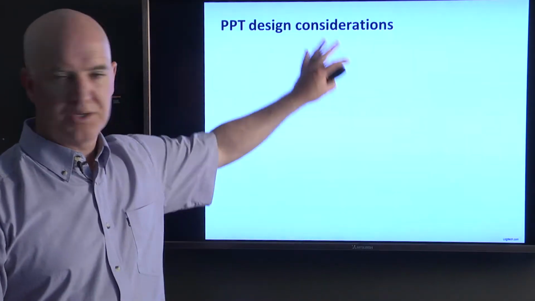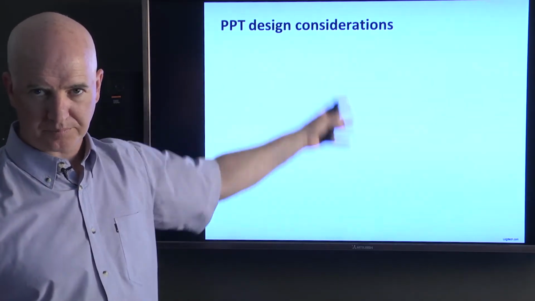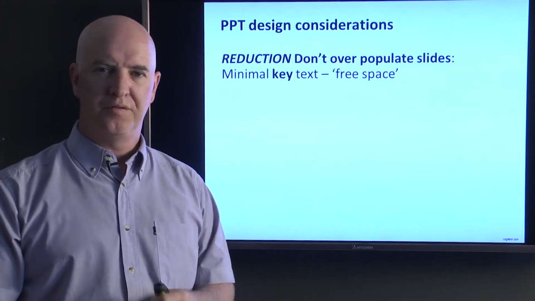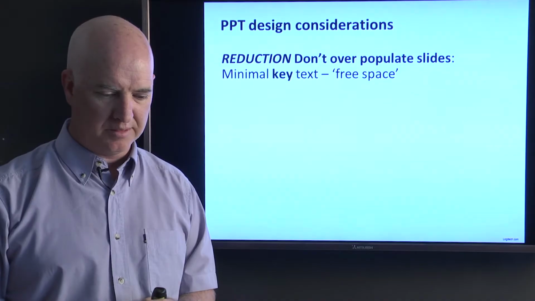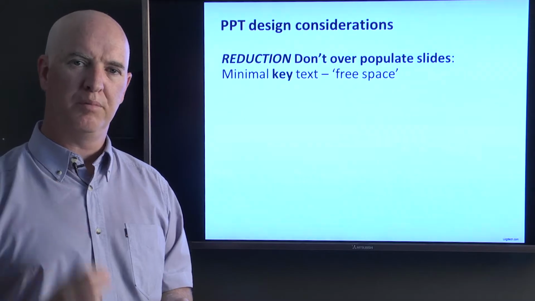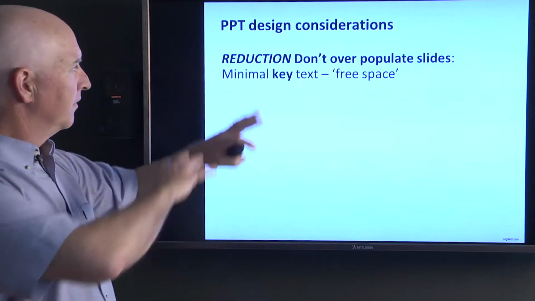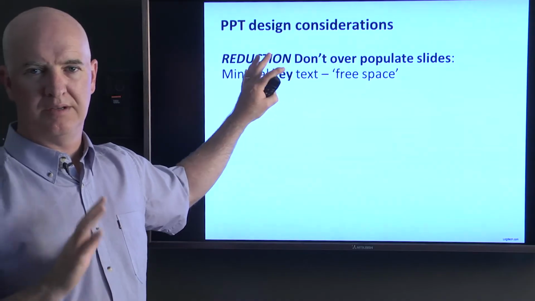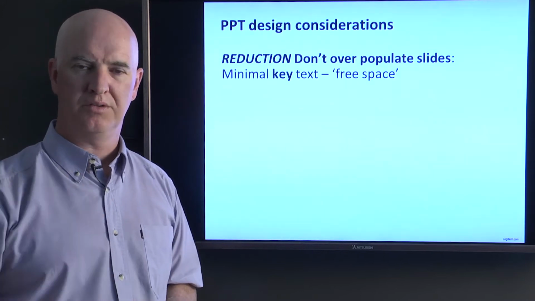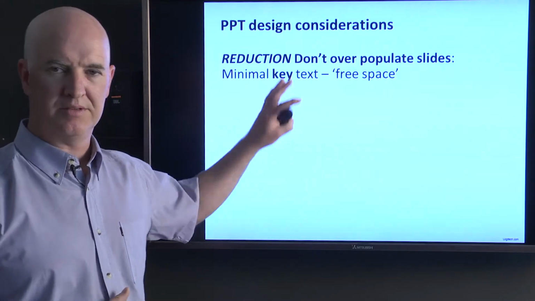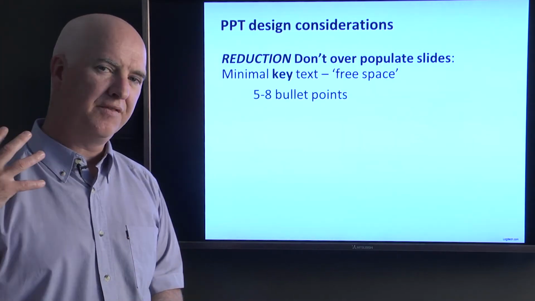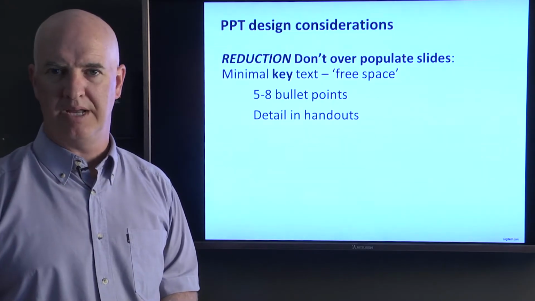Some design considerations about the visual aspect, the PowerPoint. Now, these are just guides, okay? One of the first rules, though, you'll find in any bit of online advice or some advice on presentations and presenting using visuals and PowerPoint is don't overpopulate the slides. So, minimal key text, not sentences, not paragraphs, minimal text. This is an oral context, not necessarily a reading one. This is just to support you. So I always go for between 5 and 8 points per slide. If there's detail, I'll give out some handouts if I need